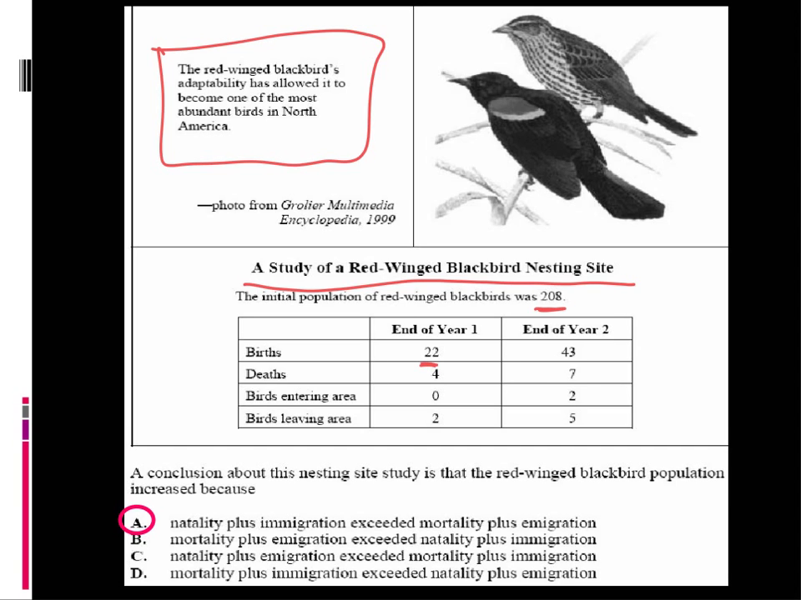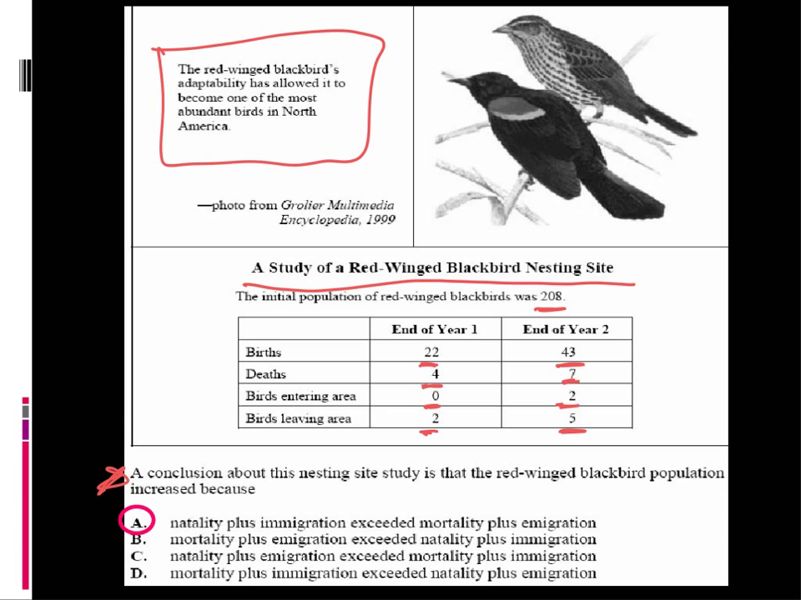At the end of year 2, we had 43. We had very few deaths the first year, a couple more the next year. Birds entering, so immigration, was 0 the first year. We had 2 immigrate the second year. We had 2 emigrating the first year, and we had 5 emigrating, or leaving, at the end of the second year. So the question is, at the conclusion of this nesting site study, the red-winged blackbird population increased because, well, first thing that we need to do,